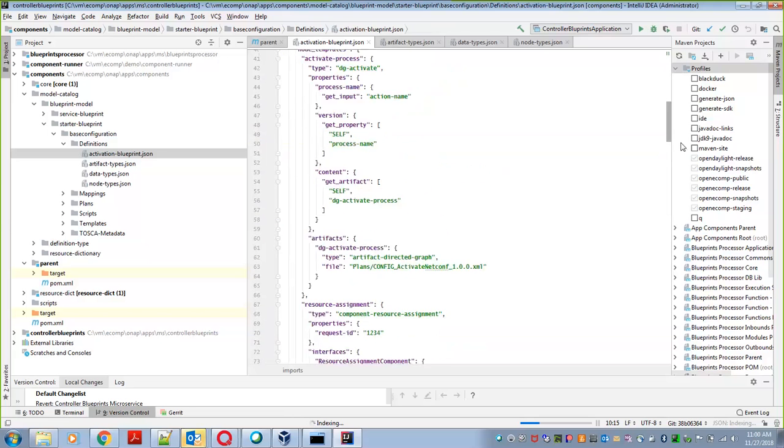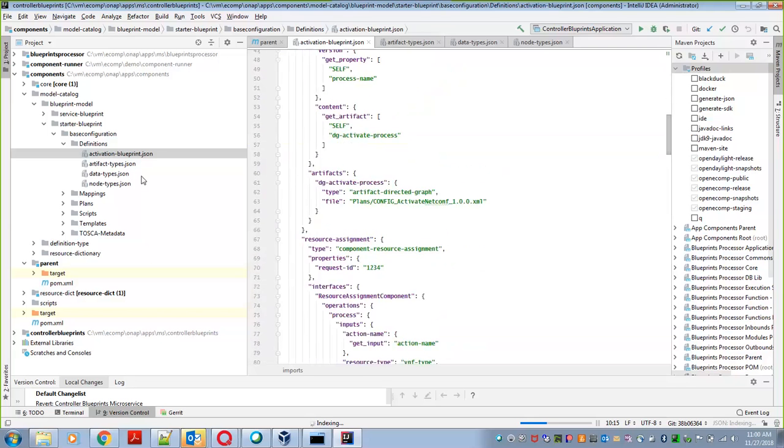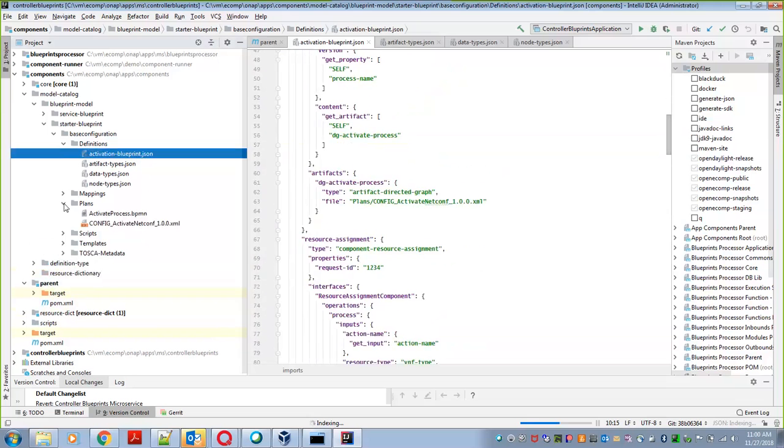Okay, now coming back to the next. Let me talk about the plans also. If you look into my draft code, I have already implemented a SLI runtime, a directed graph SLI runtime. So the directed graph content is going to be inside the plans. Under the plans, try to do that modeling in a DG builder. Later point of time, from the workflow itself, we will generate that XML. But right now, for the time being, you can model